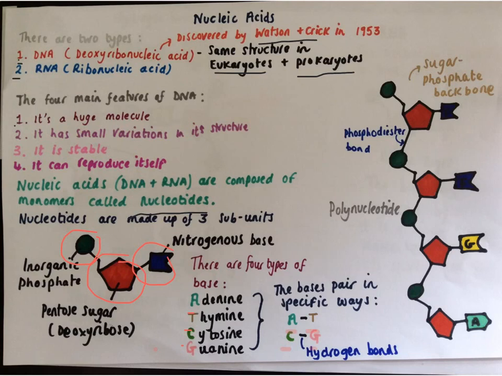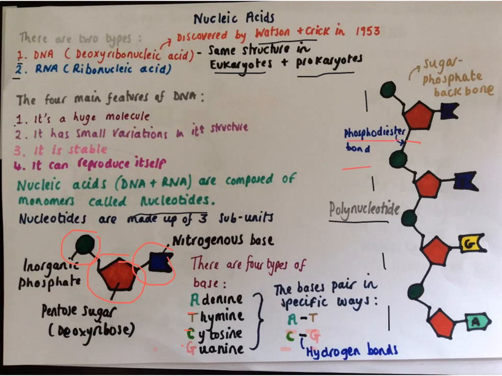DNA is an example of a polymer called a polynucleotide. The reason it's a polymer is because it's made of the same repeating unit, which are the nucleotides themselves. So here you can see that each nucleotide joins together to make a long chain. They are joined by a type of bond which forms between the pentose sugar in one nucleotide and the phosphate group of another. We call these